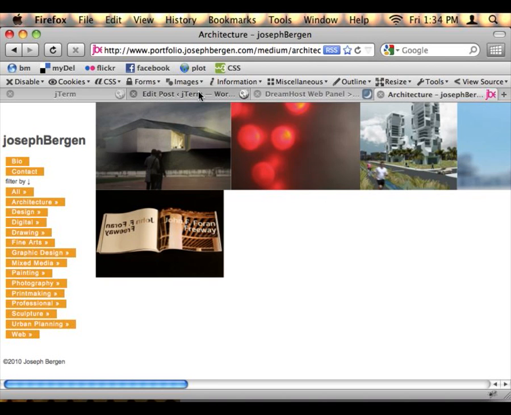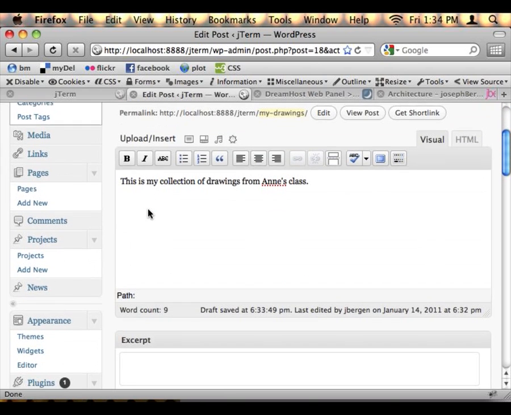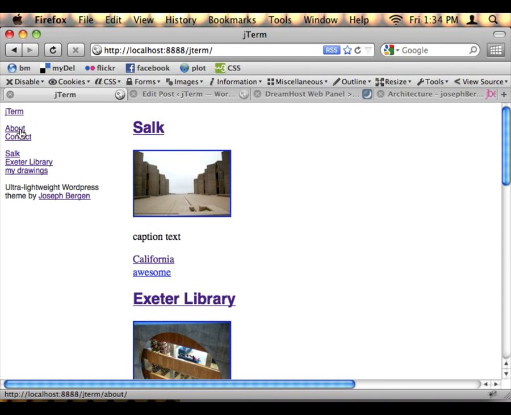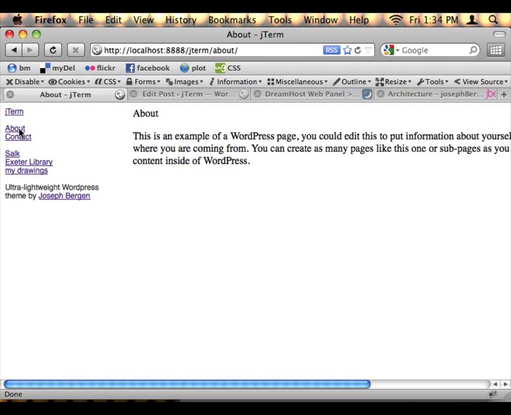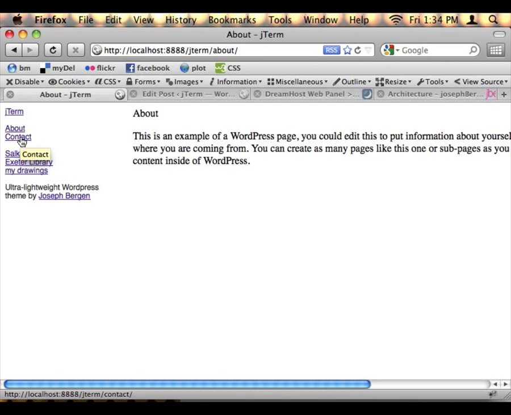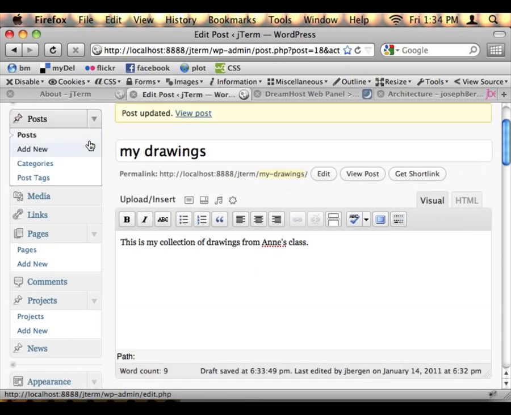Another strategy would be actually not to use the posts at all necessarily, but to instead use pages. Now I showed you the pages here. I have mine used for an about page and a contact page, and this is the standard way to use pages, and it's how they were built to be used. But it's also easy to say,